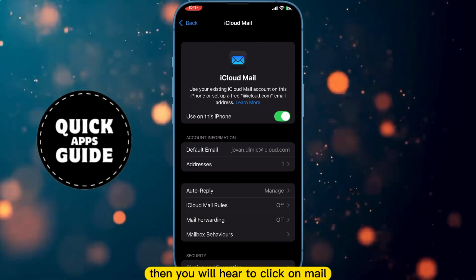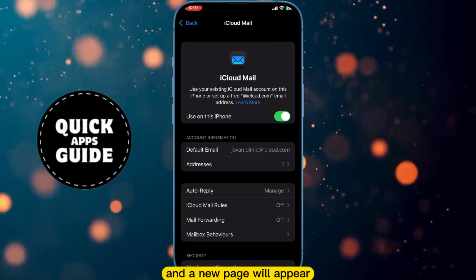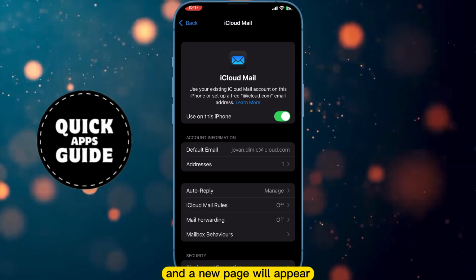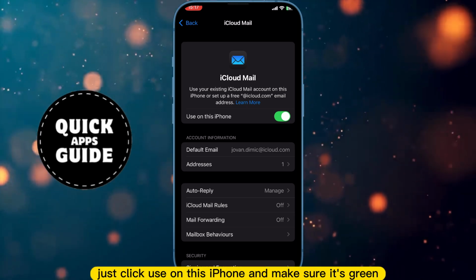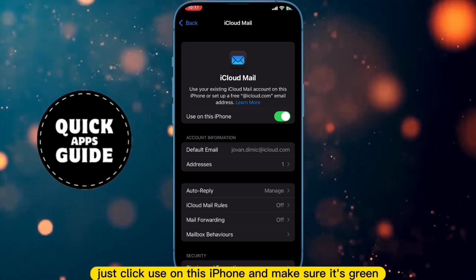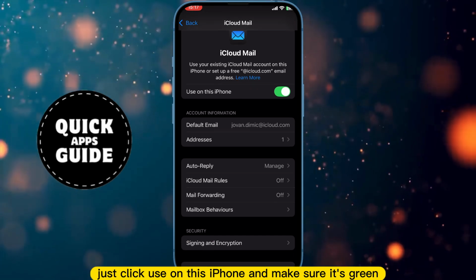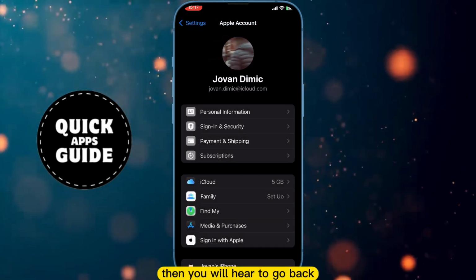Then you will have to click on mail and a new page will appear that's called iCloud mail. Just click use on this iPhone and make sure it's green. Then you will have to go back